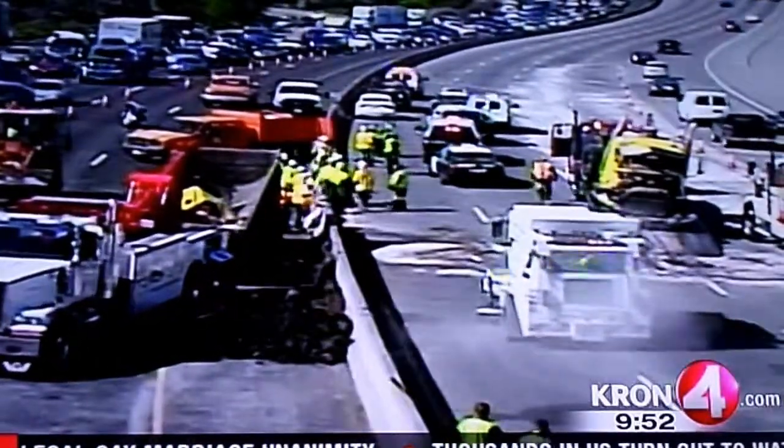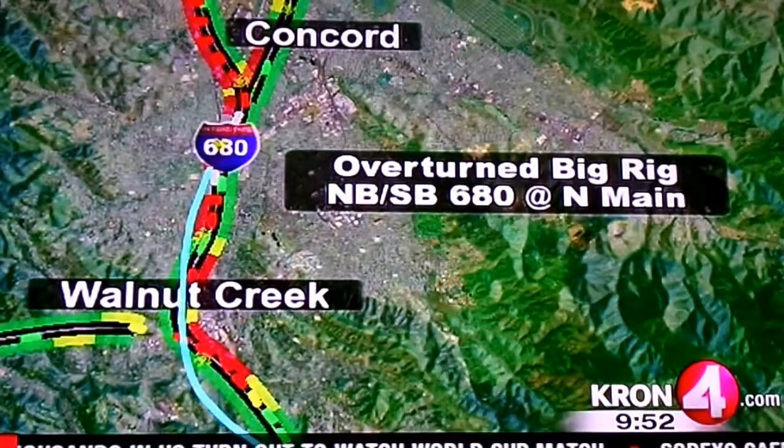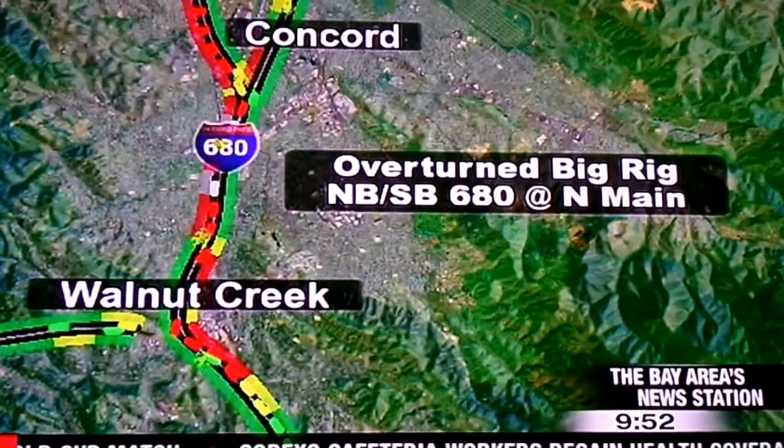But lanes are backed up still in both directions. Take a look at the traffic maps. We are still backed up into Alamo, Martinez, Concord, completely solid here. So is the ride on